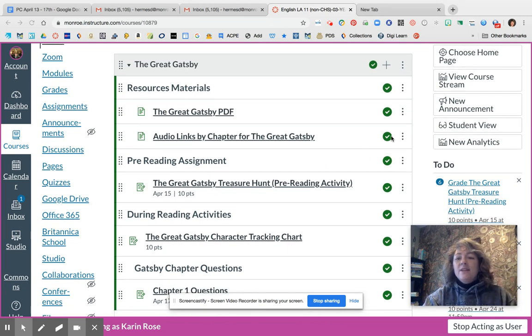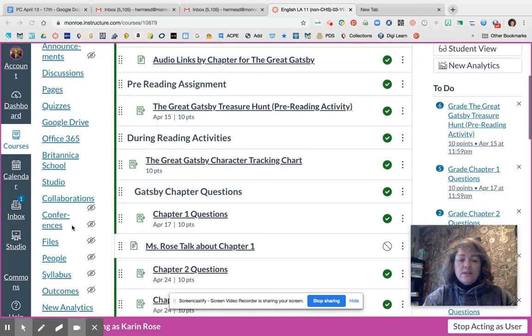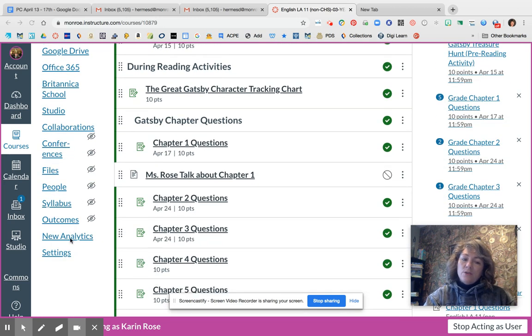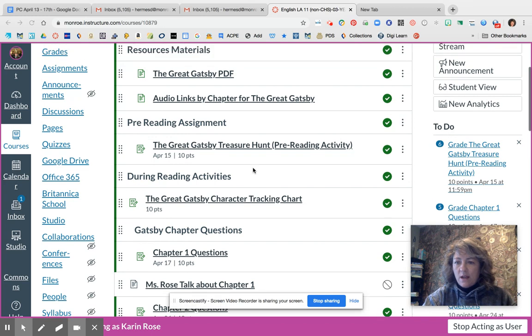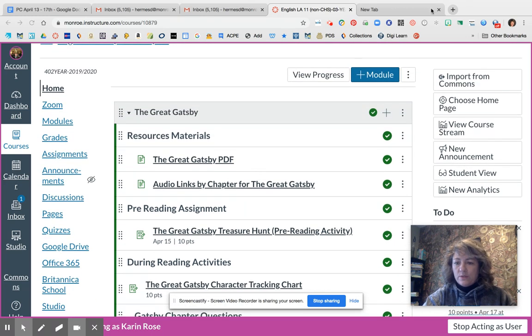So on your sidebar, you'll notice that there's a tab here called New Analytics. Also in your class navigation bar, there is also a tab over here, New Analytics. These are not available for students. Students will not see these, and you don't have to worry about changing anything. It's just not available to them. This is for your purpose only. When you click on the New Analytics tab,